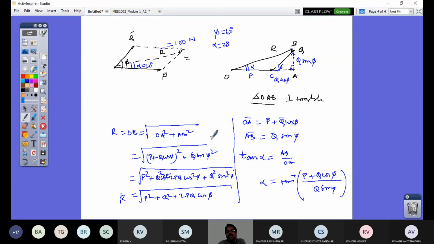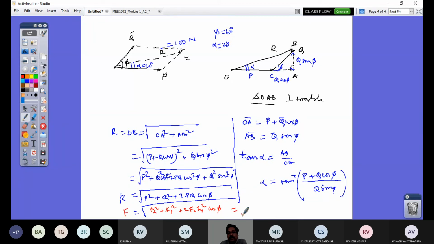So you can cross check, or you can compose, if you are given two forces along x and y dash, as what we have found by resolving, you can get back. Let us cross check and complete the class. In place of P squared, I should put Fx square. In place of Q square, I should put Fy dash square. Then 2 Fx Fy dash cos phi, that is my F.